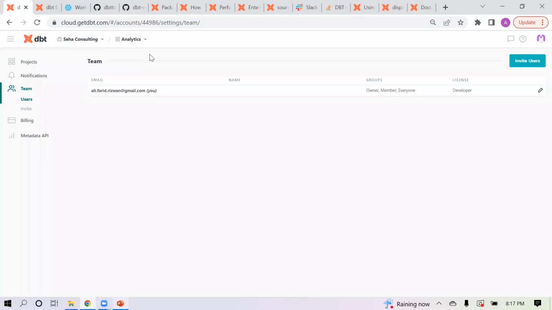And you can work on that project using the developer license. So it is possible. The problem is when you get into things like